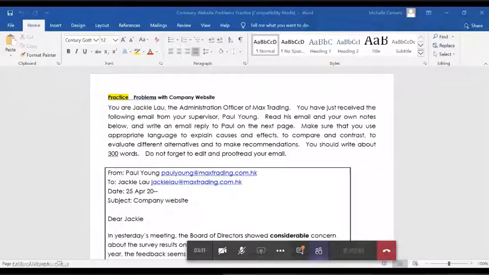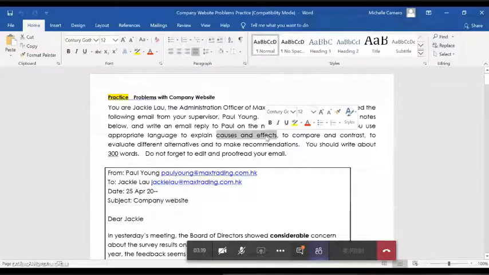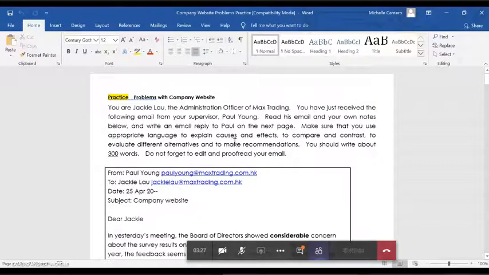Okay, make sure that you use appropriate language to explain causes and effects. So remember we talked about causes and effects in our last class in Unit 7, and we'll go briefly over that again today just as a review. You want to compare and contrast and evaluate different alternatives to make recommendations. Now this one right here, when you compare and contrast, basically what they're asking you to do is